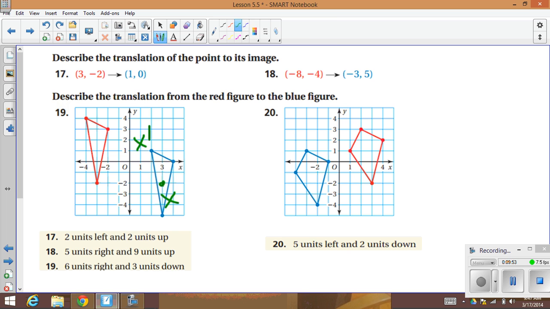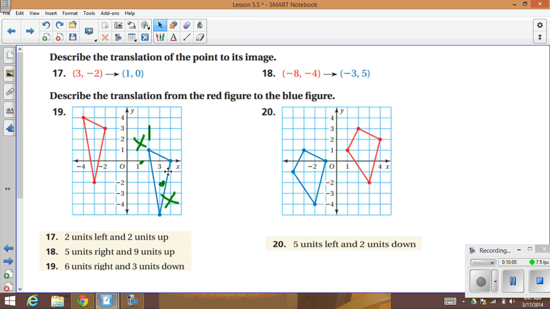oh, I erased the wrong point. 1, 0, right there. So the question is, what's the translation? How much did I have to move up and over to get to that point? So I had to move up 2 units, and I had to go left. So you always want to label what you're doing on the x-axis first. So from this point, we had to go,